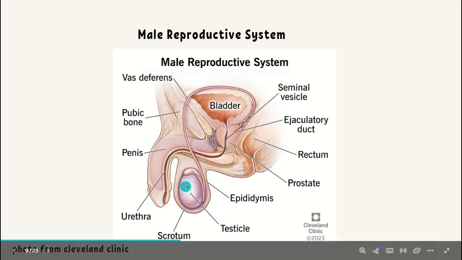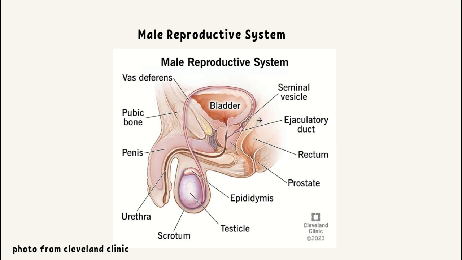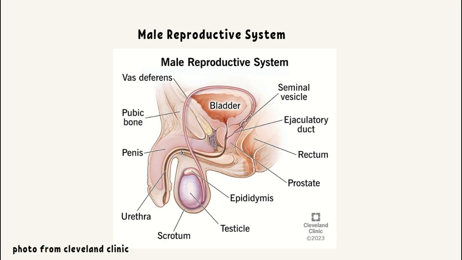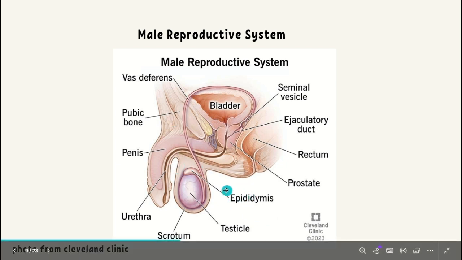Then you have the testes. Basically, they are located within the scrotum, as we can all see right here. This is the scrotum, and the testes are responsible for producing sperm and the male hormone testosterone. So the sperm is produced, and the vas deferens transports it to the seminal vesicle. The seminal vesicle makes the semen. So we already get that far. And then the urethra here is what carries urine and semen out of the body. And then the epididymis,